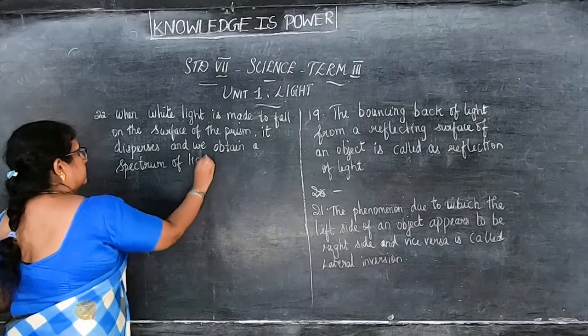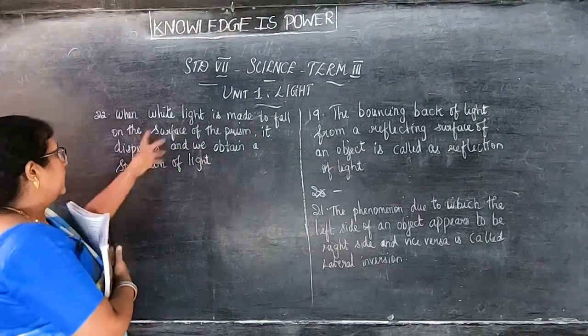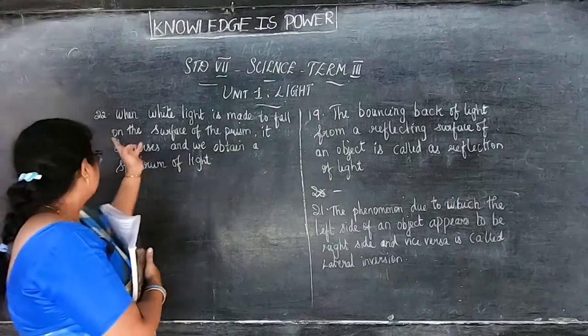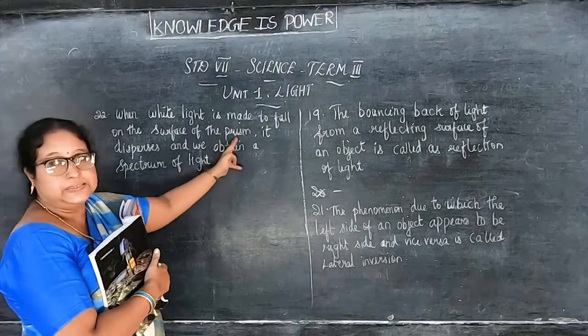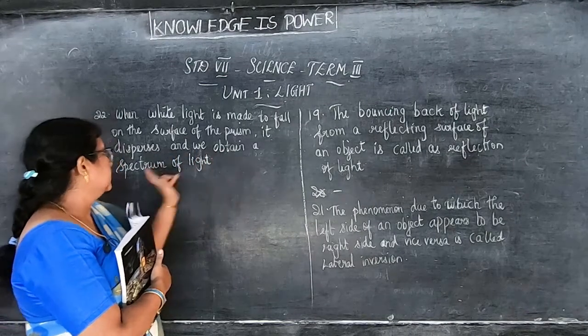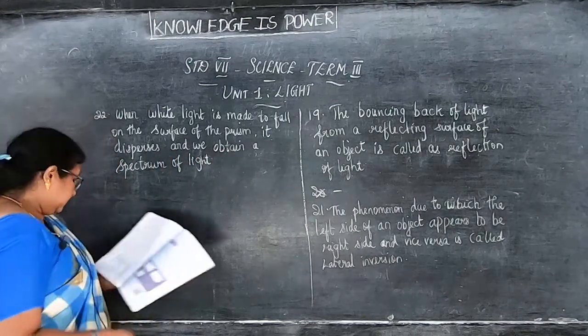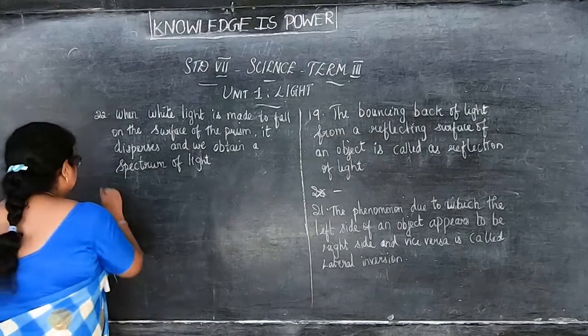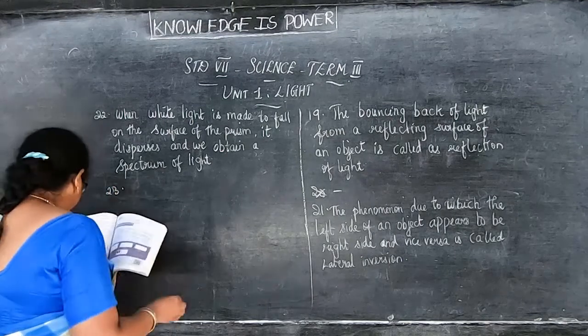Okay, children, what is this answer? When white light is made to fall on the surface of the prism, it disperses and we obtain a spectrum of light. Then 23rd. It is in page number